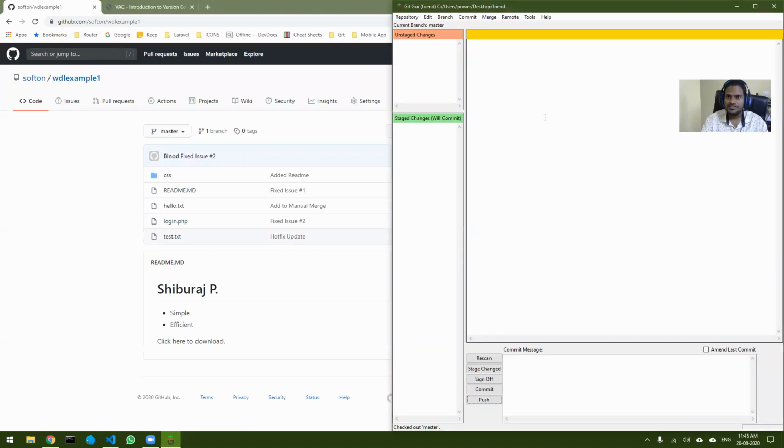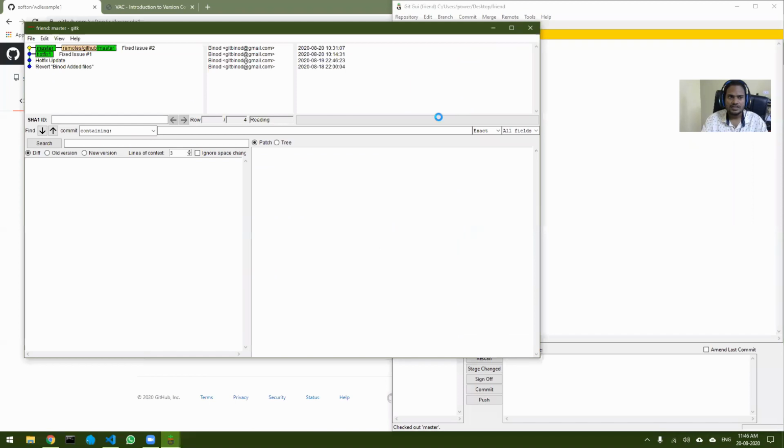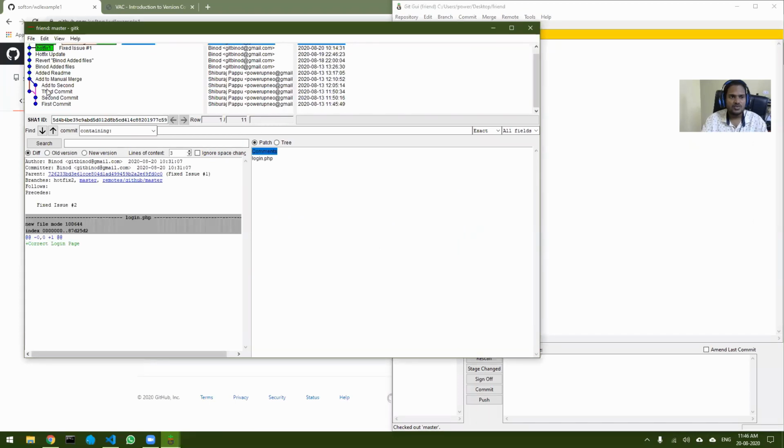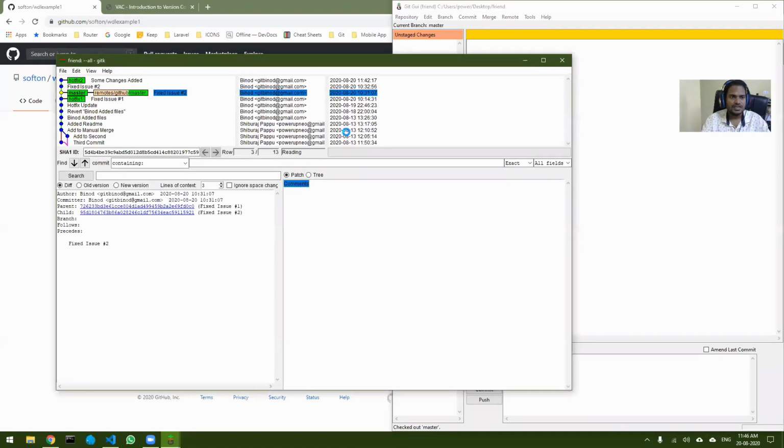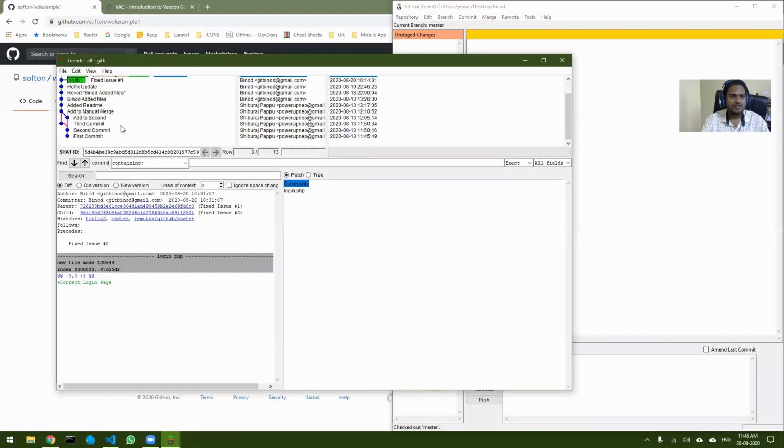Another very important feature of the GUI is, if you click on repository, you can visualize the master's history. If you click on this, you can see how the master has progressed. In fact, if I close this and visualize all branch history, you can see how the changes happened.